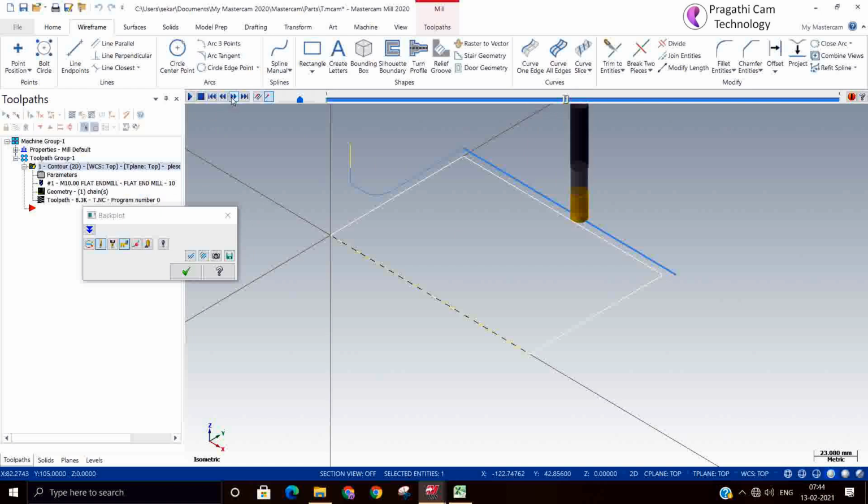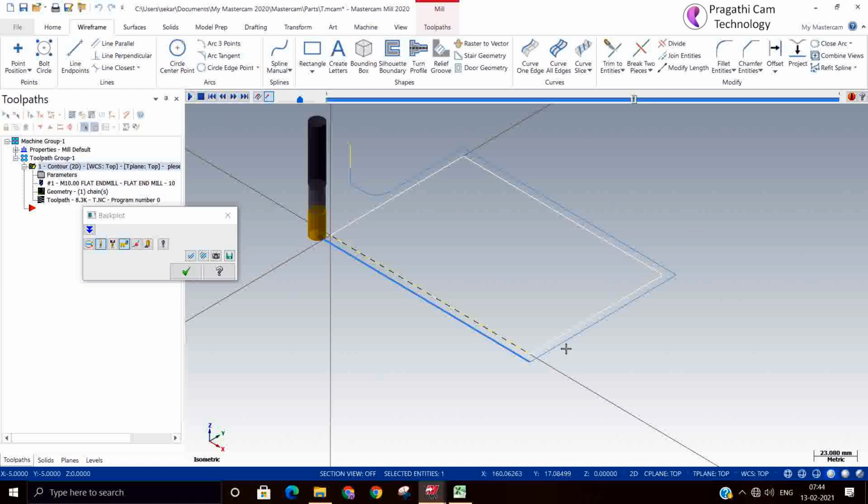X has to stop, then y has to start now. So x has to stop suddenly, and the y-axis has to start. There may be acceleration and deceleration also. So one axis has to stop and the other axis has to start. This may create chances of a jerky motion.